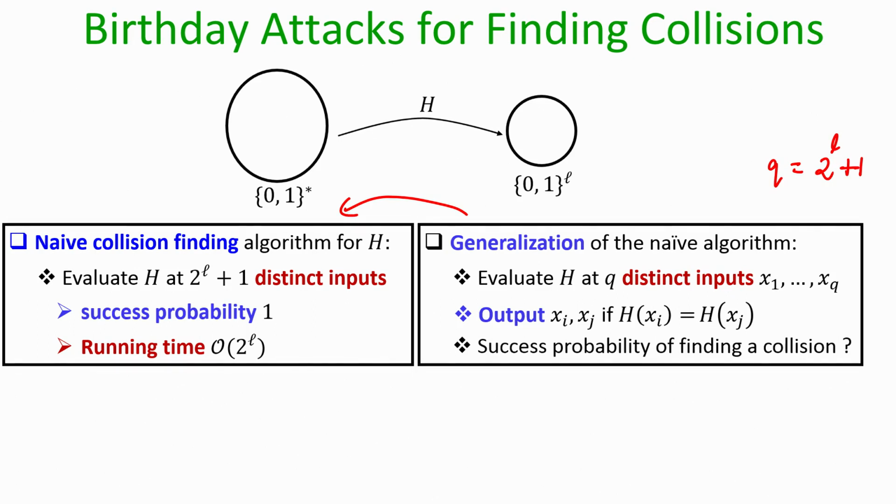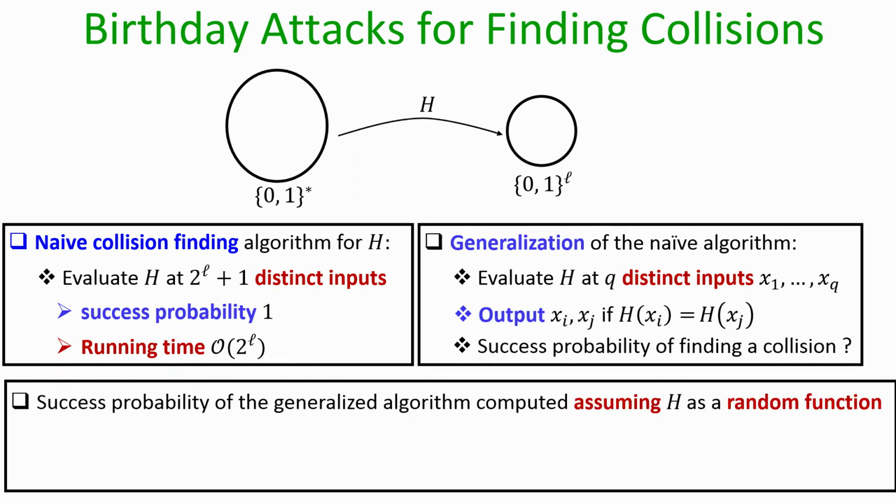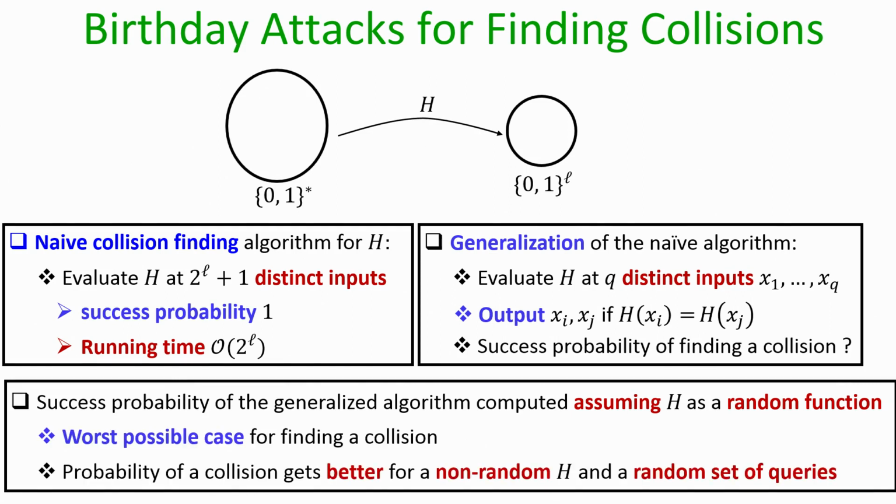But now your q need not be 2 to the power L plus 1, it could be any function, and now our goal is to analyze the success probability of this algorithm as a function of q and the size of your hash function's range. So, while doing the analysis, what we will assume is that the function h is behaving like a truly random function, and why so? Because that is the best you can hope for, because if indeed your function h behaves like a truly random function, then that is the most difficult task for the adversary, whose goal will be to find a collision,